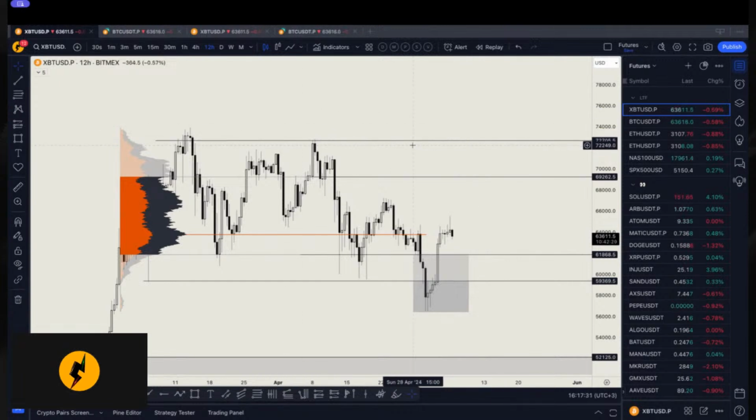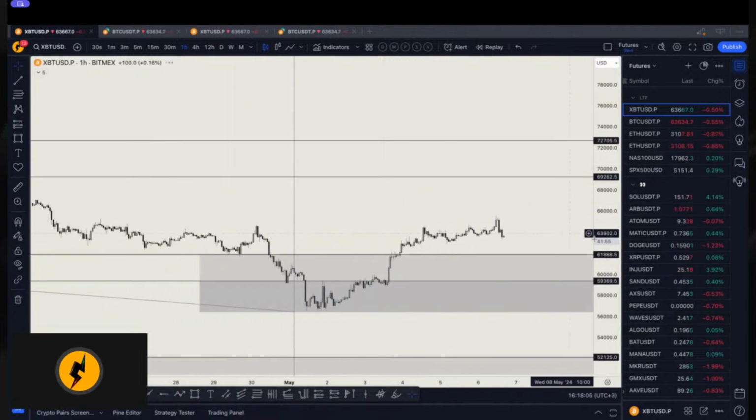If you also see my content on Twitter, on Discord, most of the things that I share are just low time frame, because whenever I open up my chart, I get an idea on the higher time frame, and then I just switch into a lower time frame to trade the setups that I was talking about. Okay, so for example,